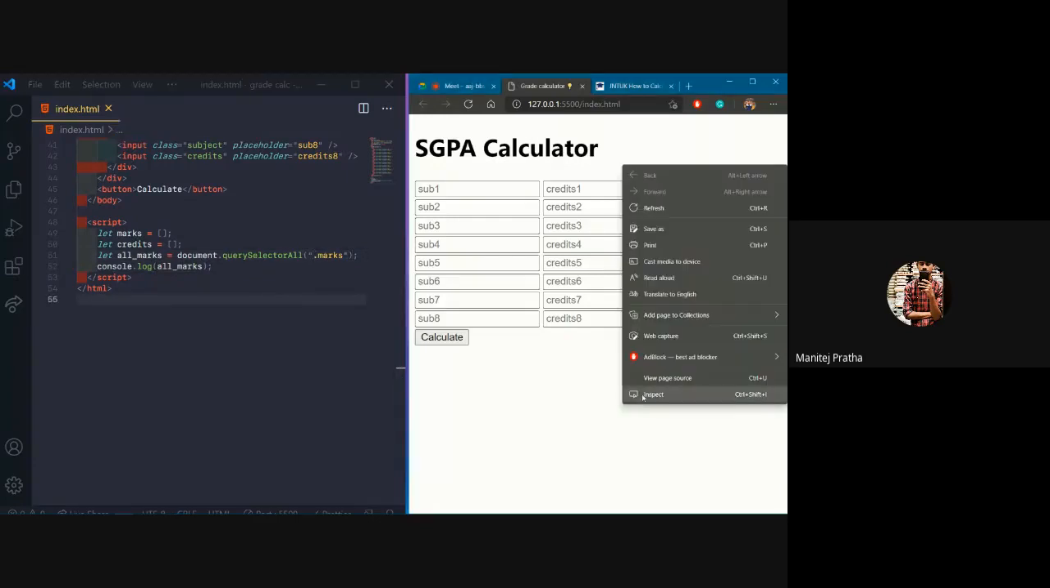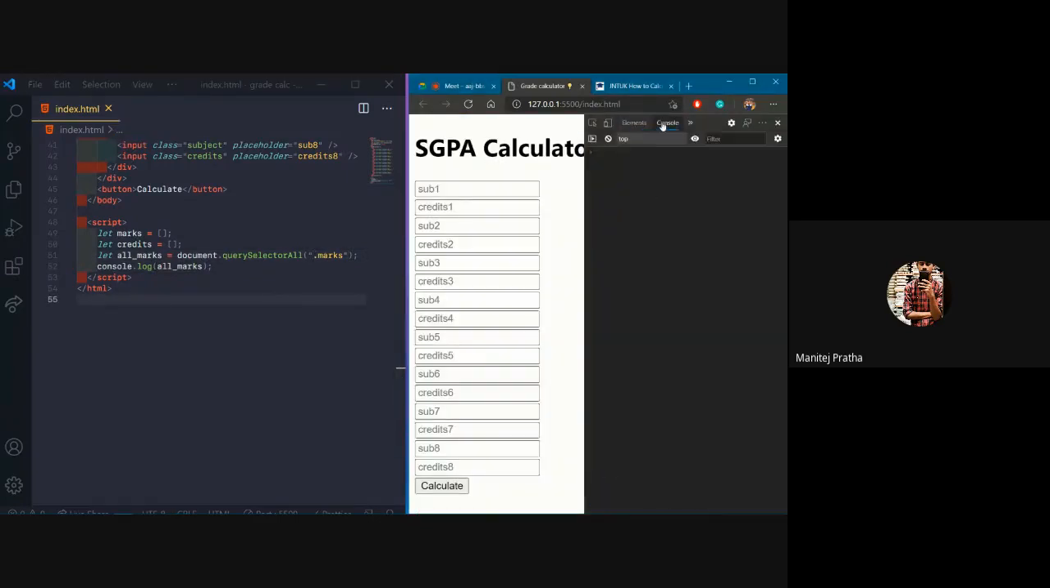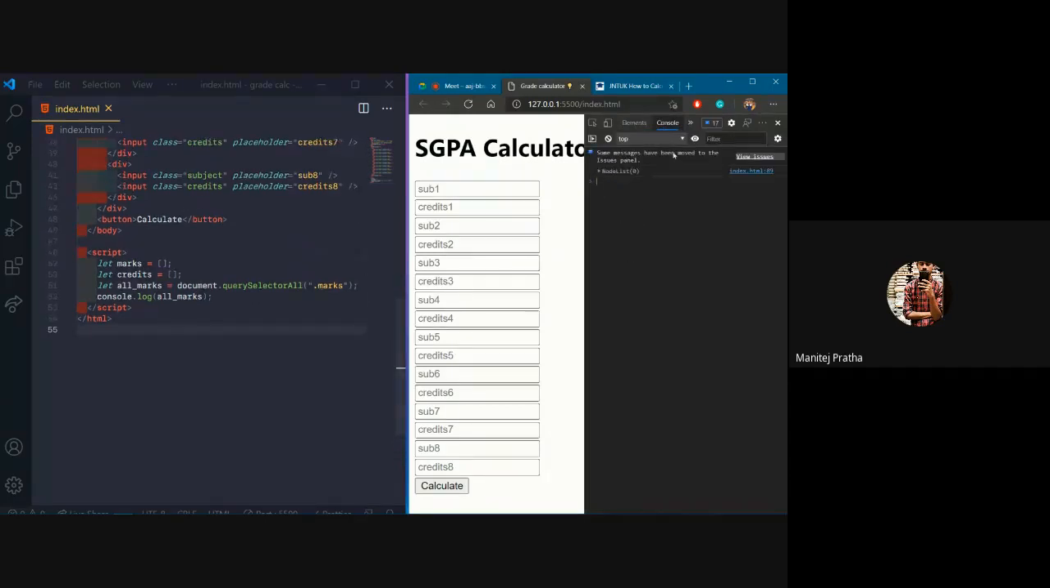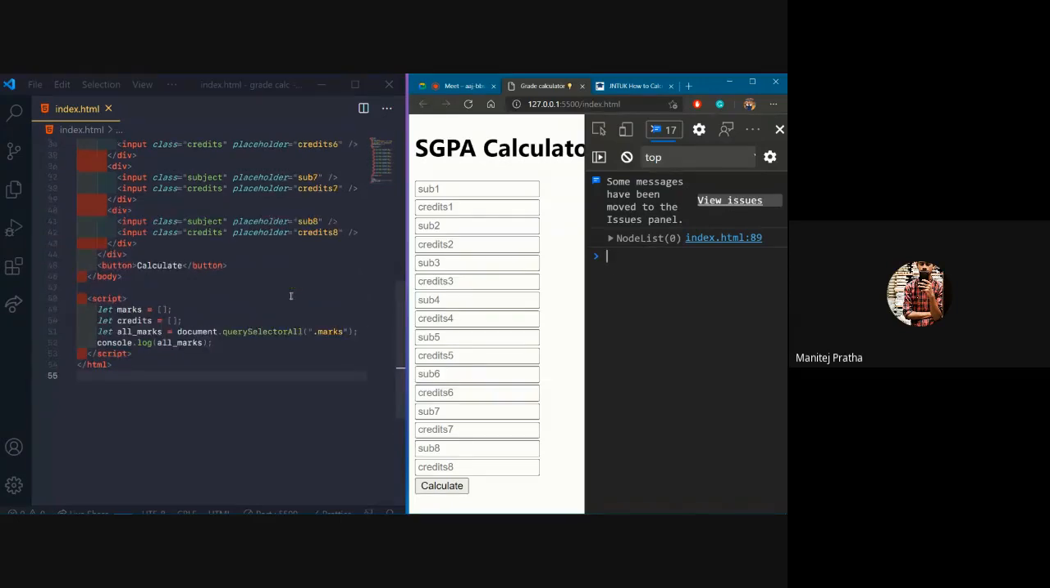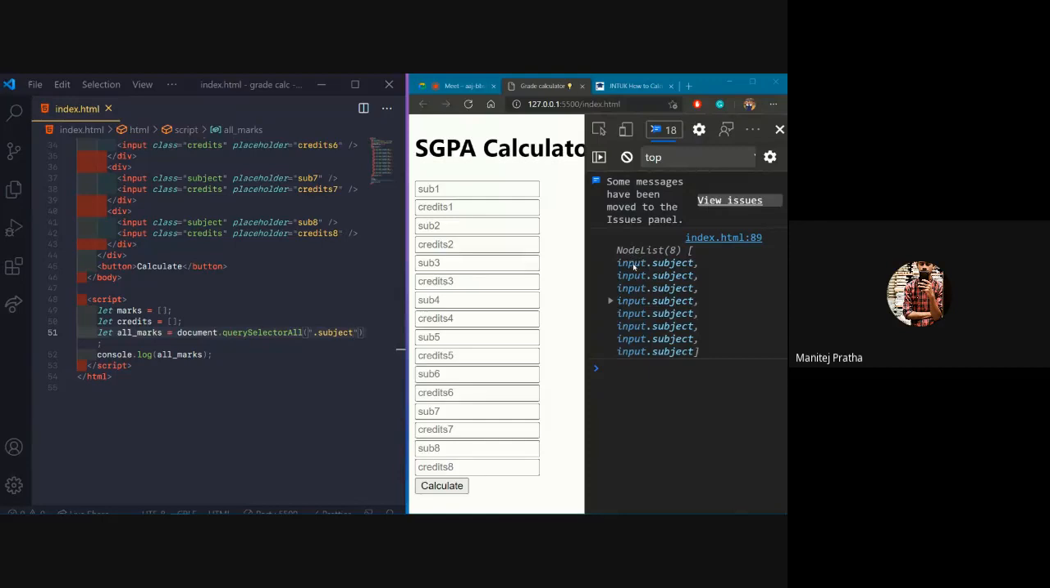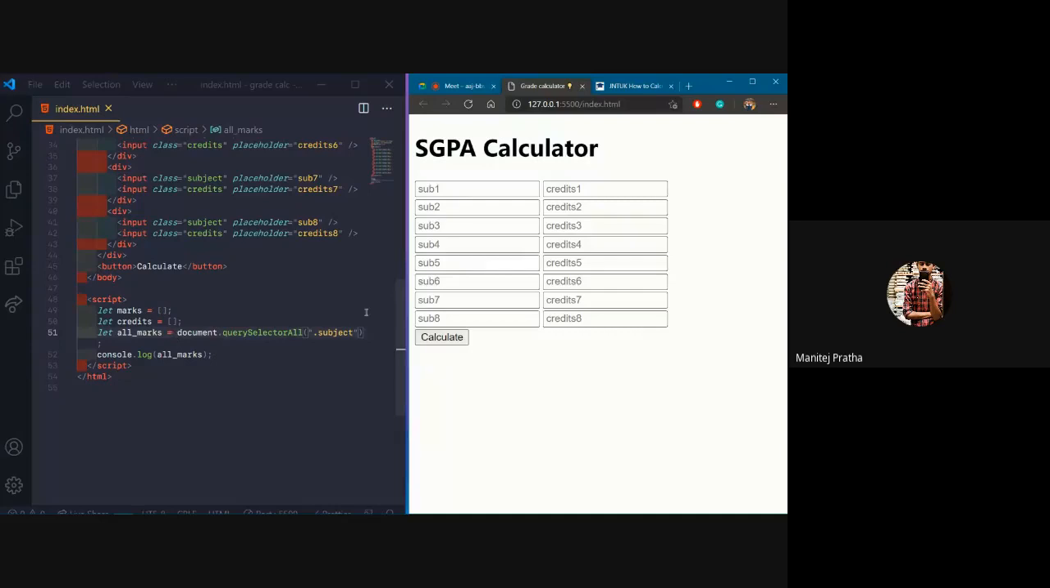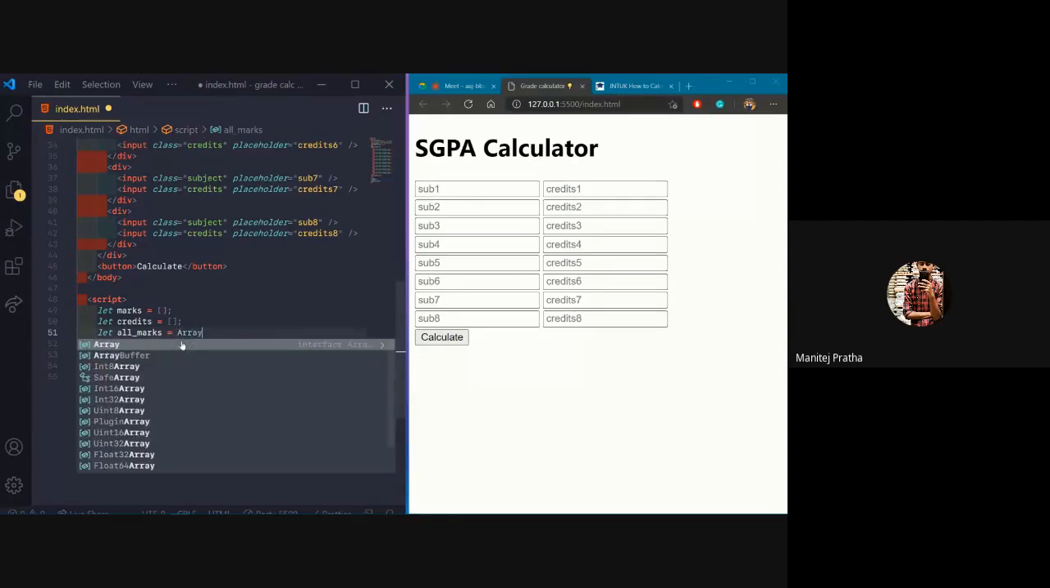So any guesses for the output? Oops. The answer is we got a list of 0 items because the class name is not marks. The class name is subject. Okay, now see how many inputs we got. We got 8 items, right? Cool. So now the thing that we need to do is convert this into an array, right? So Array.from,